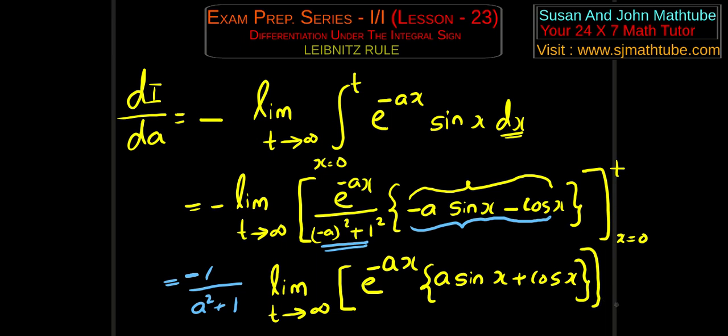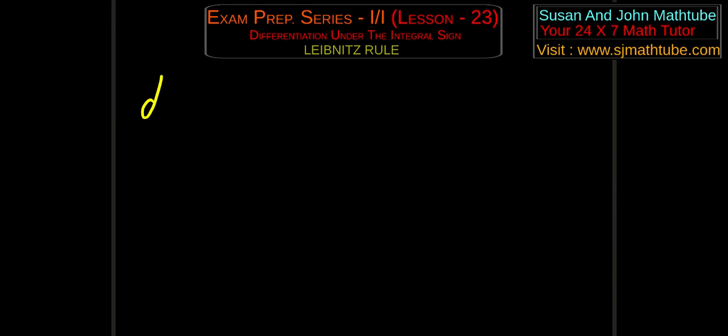Please mind the brackets. Now time to plug in the values, upper limit and lower limit. So we have, okay, so this becomes positive. I saw that negative here, so this becomes positive. So we get dI by dA is equal to 1 by a square plus 1,